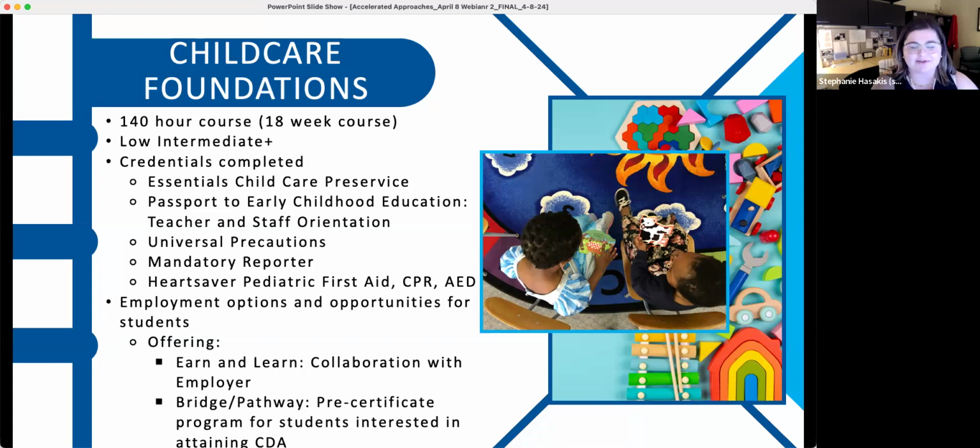So the way that this course was actually set up, and our gold standard for courses that we are running with businesses, is that the students are hired day one as regular employees. They move into the program as part of their onboarding, but they should be paid, ideally, for their time in class. So this is really part of their onboarding process, and they are treated as regular employees from the time that they start.